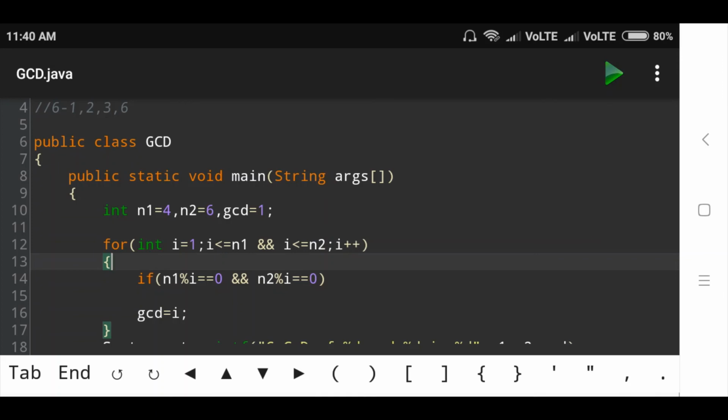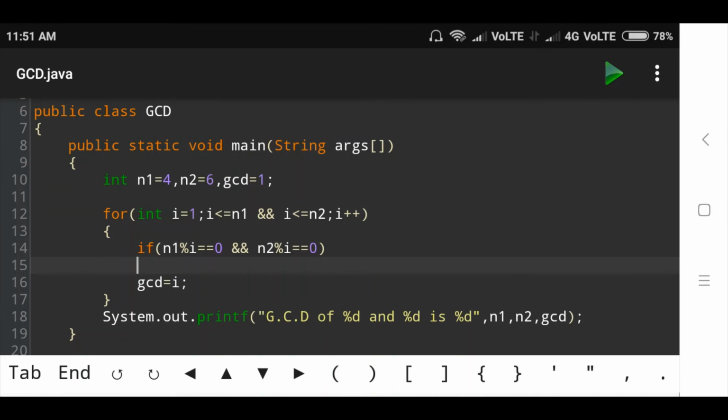So check the next condition, I is less than equal to n2. I value is 6, less than equal to n2, 6 is less than equal to 6. So condition is true. Then go to the if condition, check n2 modulus I, 6 modulus 6, remainder is 0. Then go to the next condition, GCD is equal to I, and I value is 6, stored in GCD.